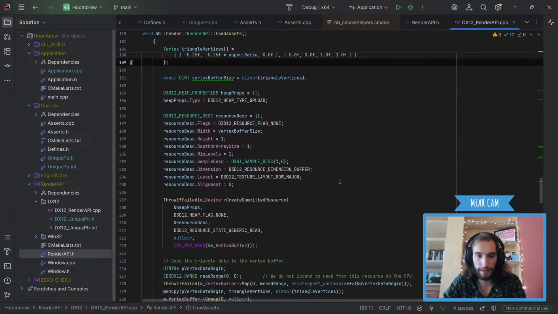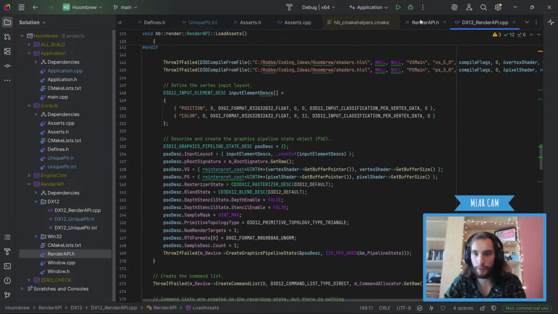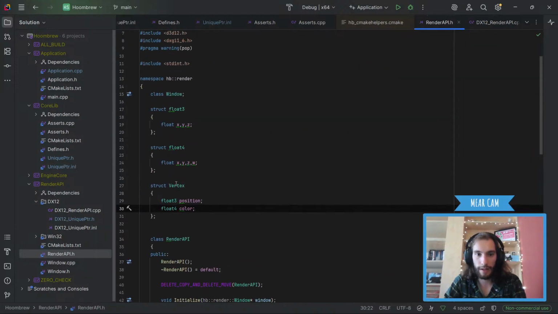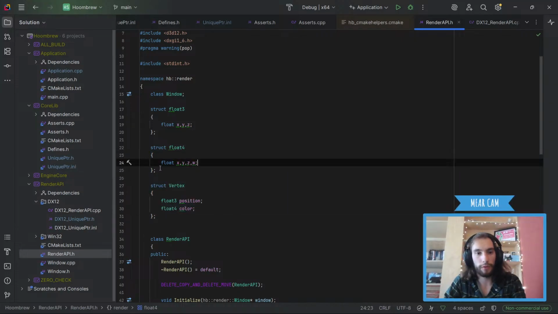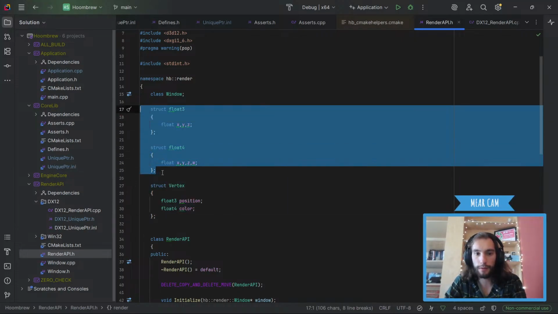Okay, that being said, we need to make a vertex file. So to do that, first let's go take a look at the render API here. We have a couple structs here. The vertex, specifically rendering. A float 2, a float 3 and a float 4.